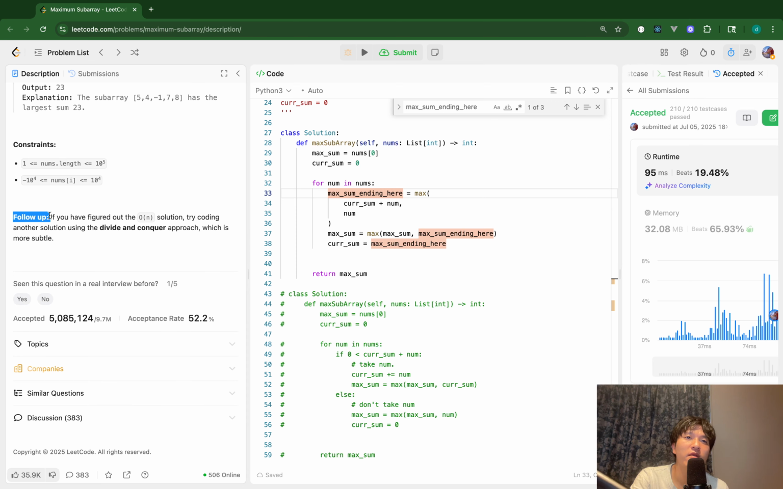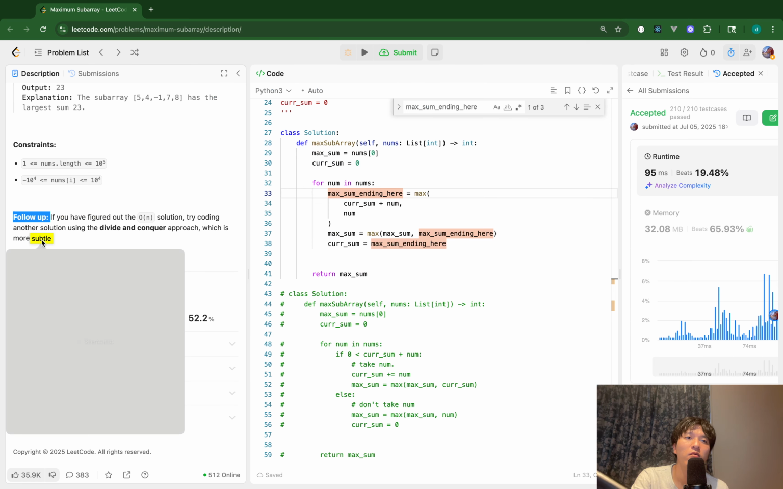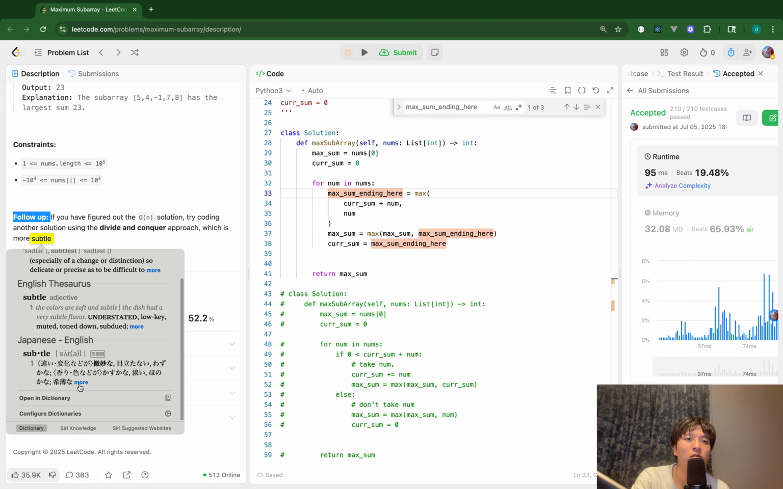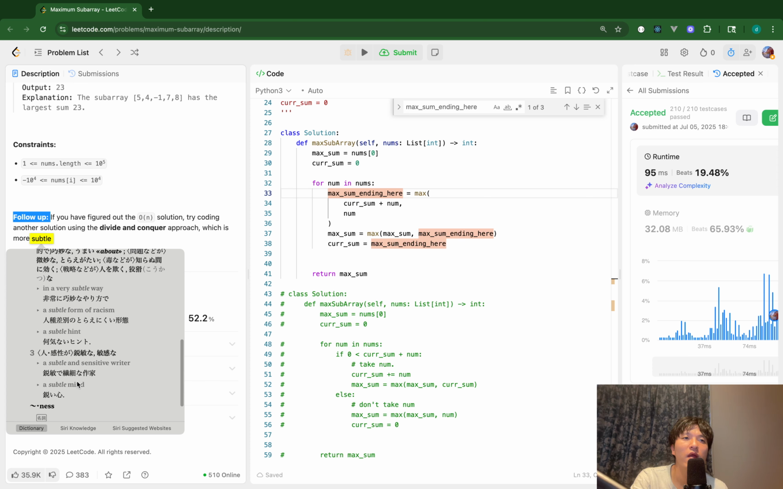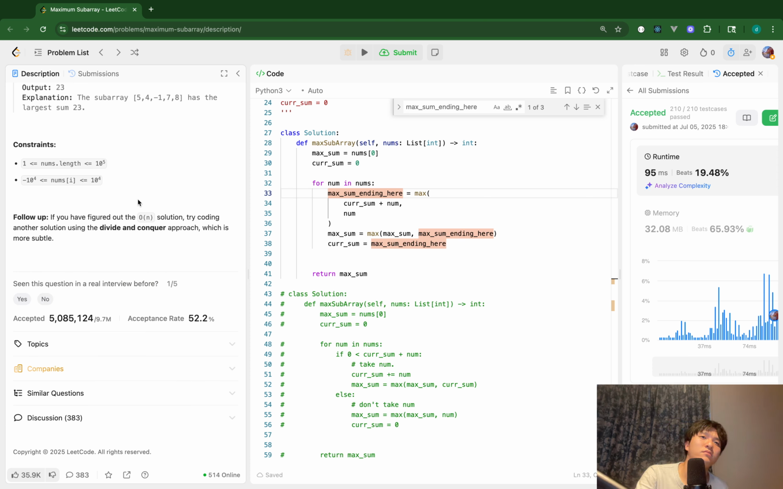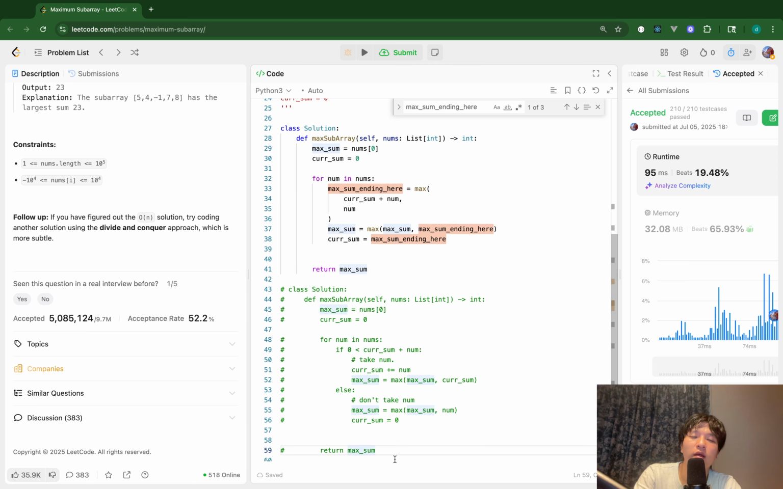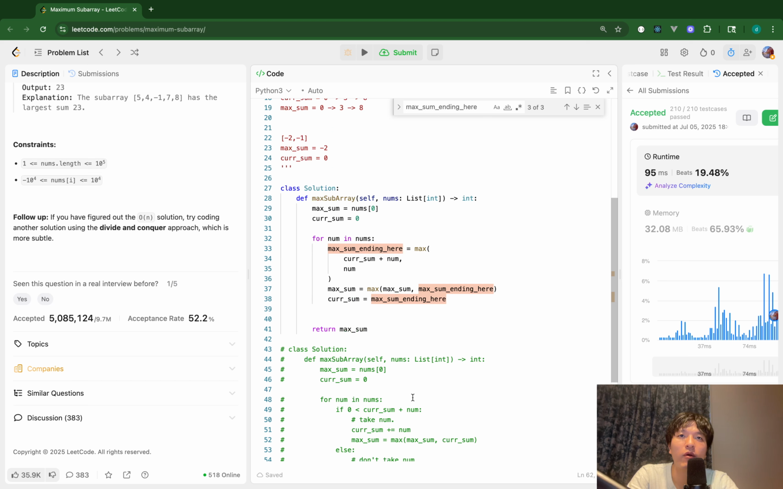If you figure out the O(n) solution, try coding another solution using divide and conquer approach, which is more subtle. Okay. What does it mean by subtle? Elegant. Okay. I think if I try to solve this question with divide and conquer approach,